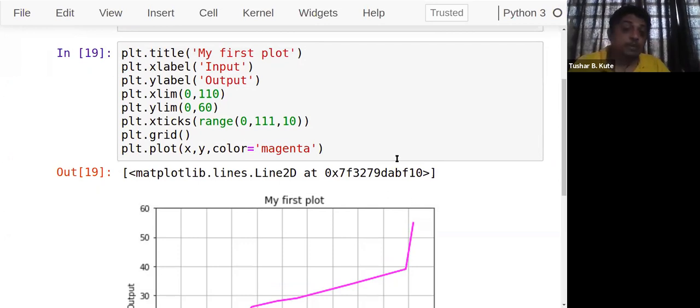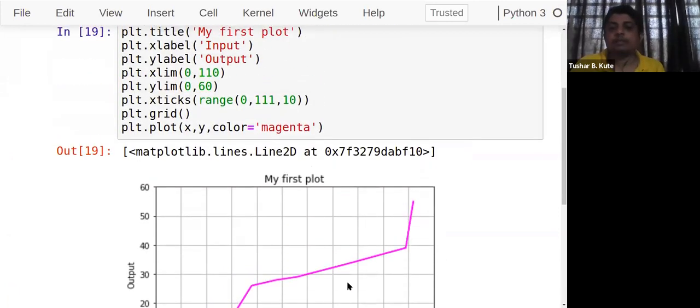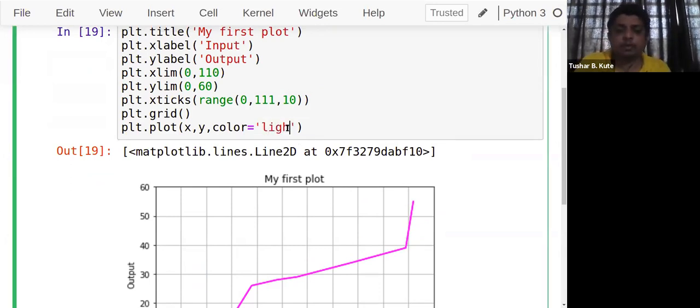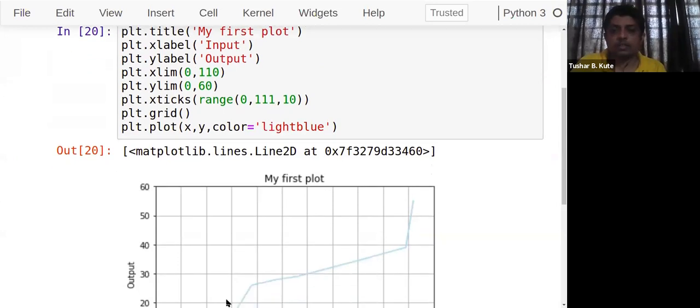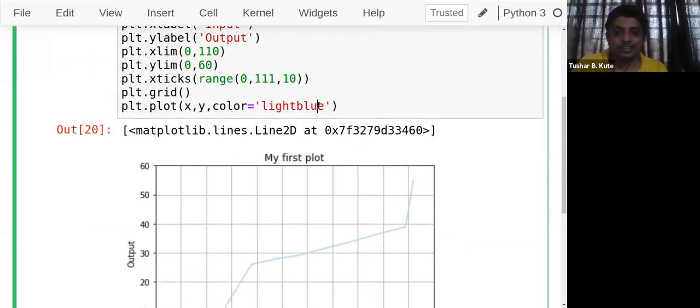The same colors with their names and color codes we can use over here. See this magenta, cyan, yellow, green, even light colors if you want. Light blue. See, light blue color. It's not visible actually.